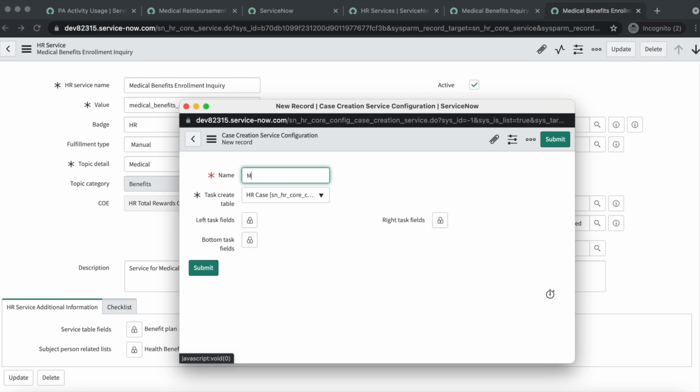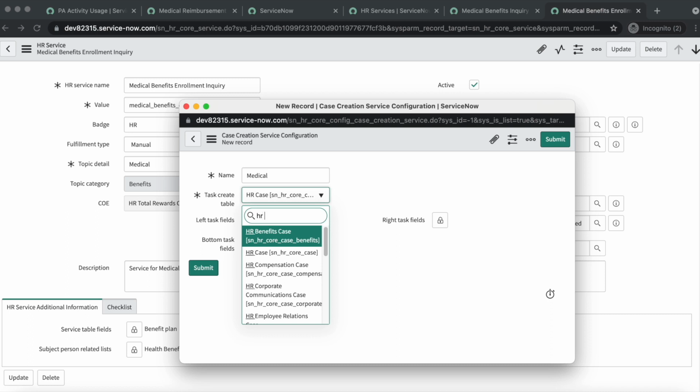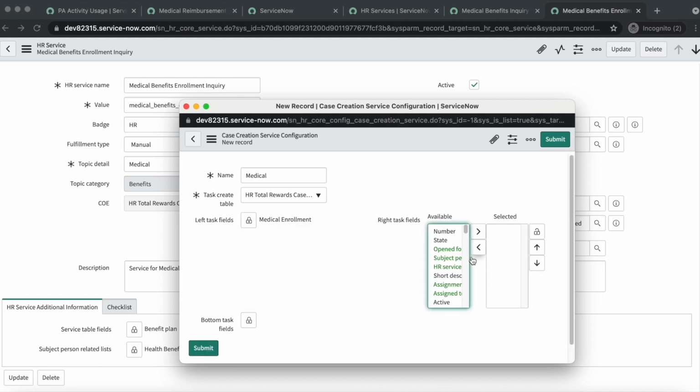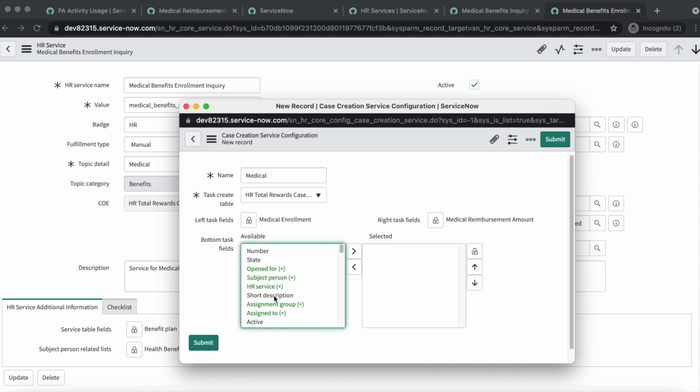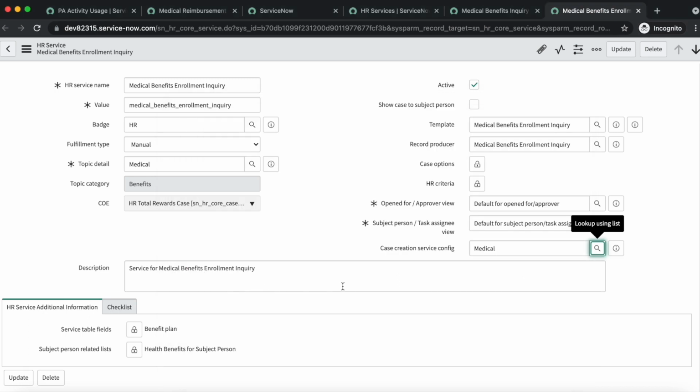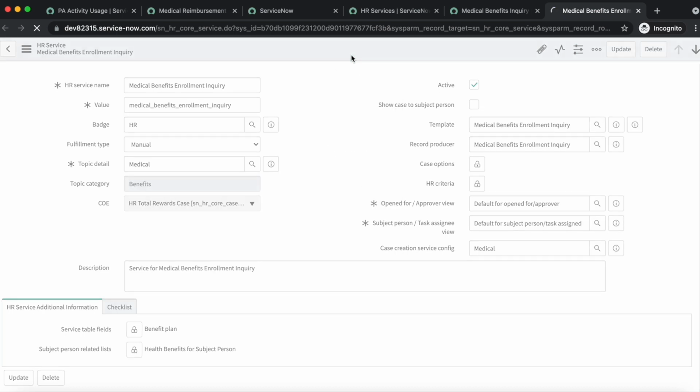Like for testing purposes, I am just putting medical only and selecting the HR total reward case, and in the left task field I will put medical enrollment, in the right task field I will put medical reimbursement, and in the bottom task field I will put description, or let's put short description, and submit it. So here you have selected the medical case creation configuration, and click on save.